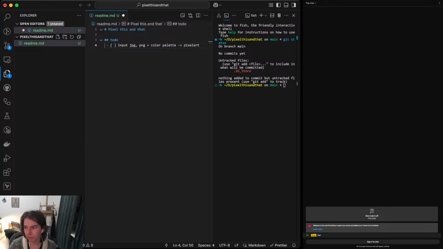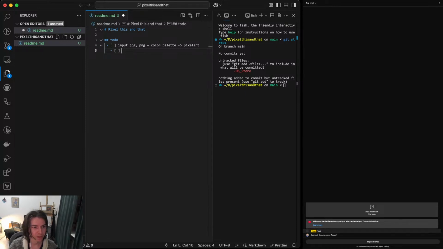We call it pixel art, but it's not actual pixel art. So what we want to have is several steps. First step would be actually to reduce the size of the image. So we read file, then